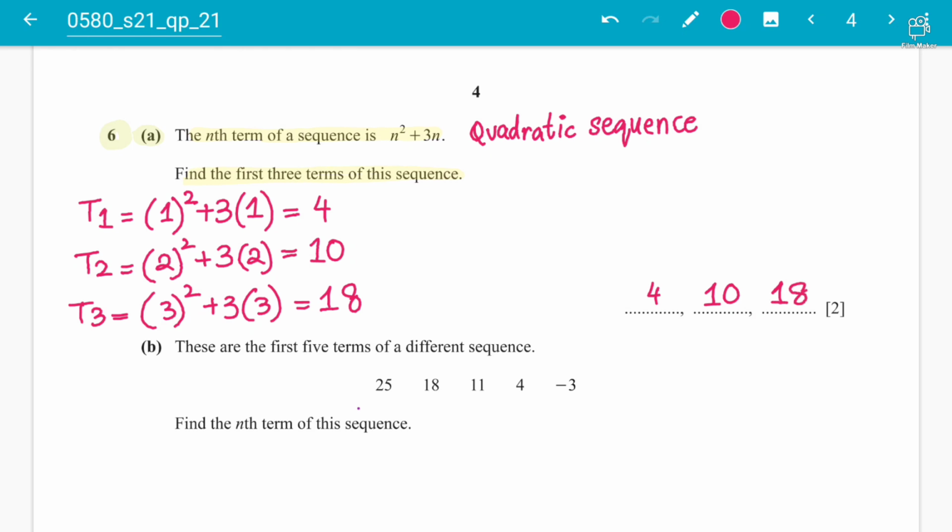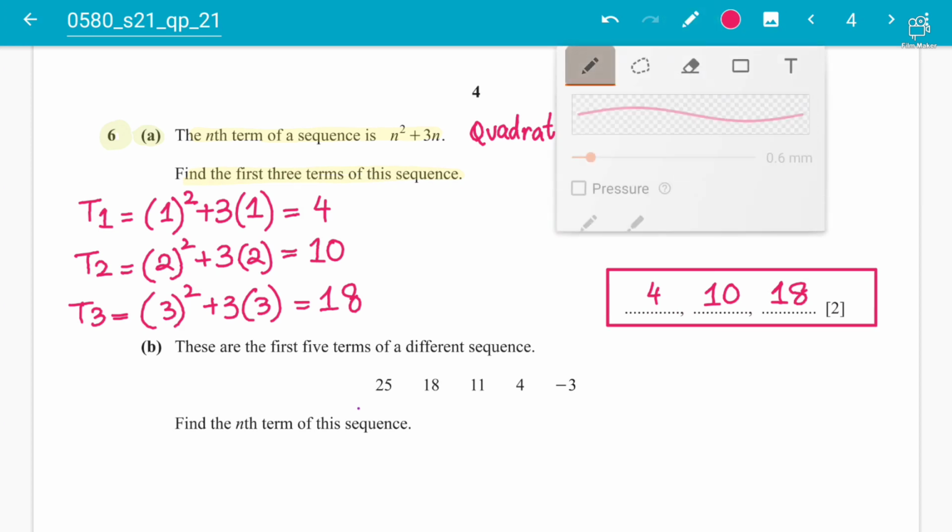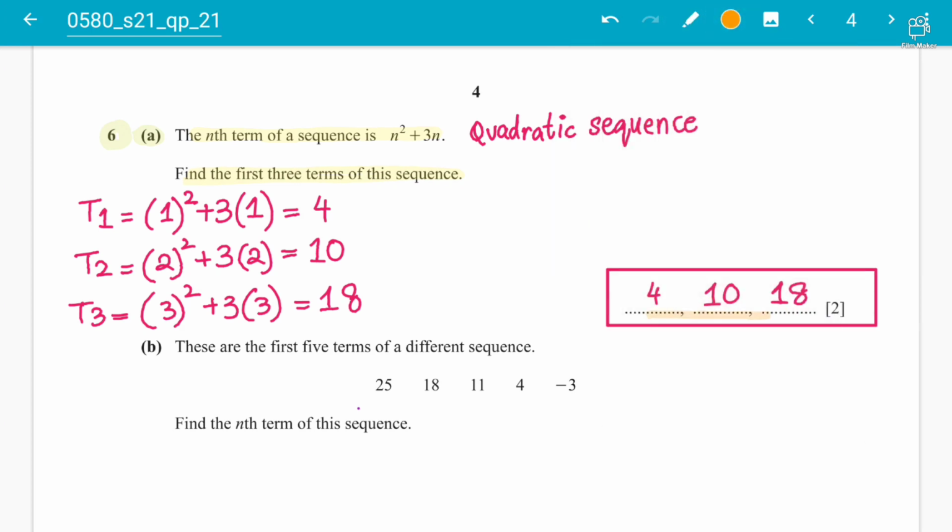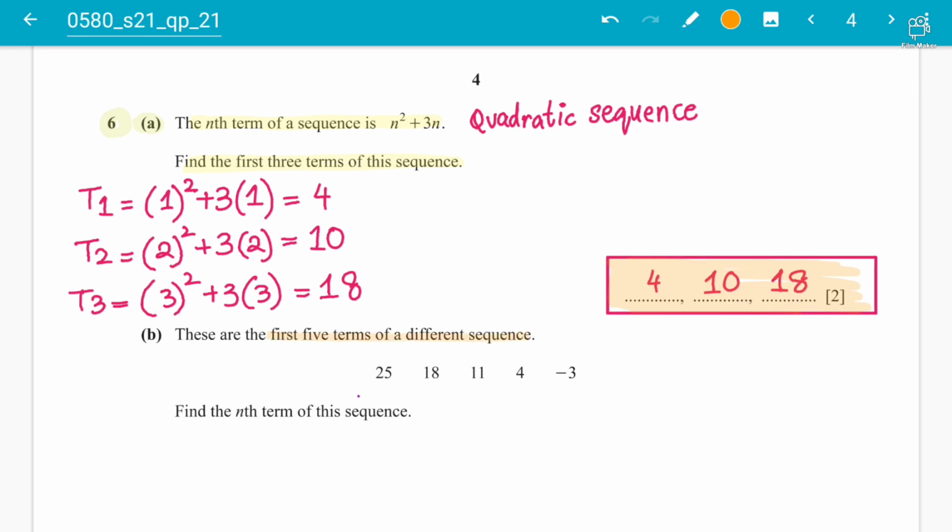This is the answer for the 2 marks of this question, part A, in which you have to write down just the sequences. Make sure these are very simple questions to get all the marks in the topical past papers. The next part is again the first 5 terms of a different sequence are given: